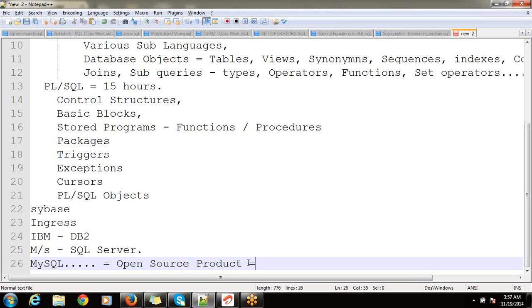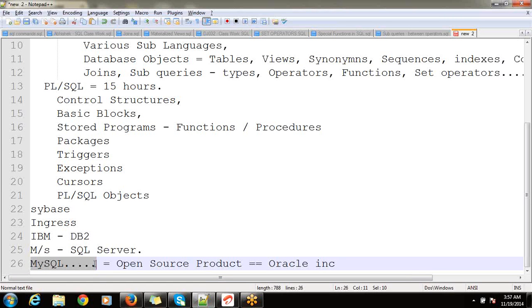So the current Oracle which we are learning is from Oracle company. So Oracle is the proprietor vendor of Oracle database. Oracle is the company name. Likewise, MySQL is also owned by Oracle. A few years ago, Oracle company purchased MySQL.